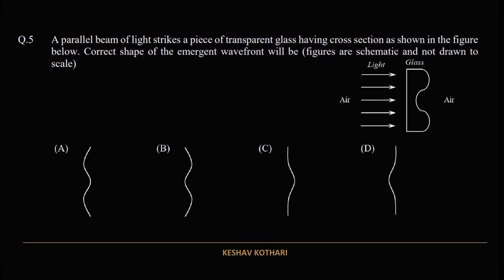So in this particular question, it is based on Huygens' principle. When the light is traveling as a plane progressive wave, which is in the form of a rectangular, plane wavefront like this, when it passes through the glass, it will lag behind, whereas the portion that is in air will travel faster, then again in air will lag behind. So it will acquire the shape of wavefront as mentioned in option A. So for question number 5, option A is correct.